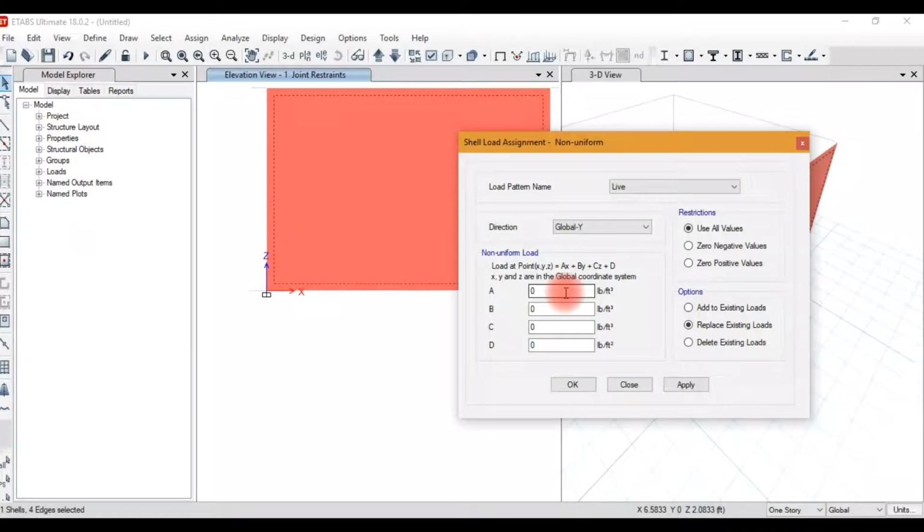We change the load magnitude only in the z direction. So here remains cz plus d. At the base, z is equal to 0, so cz becomes 0 and d is equal to 1000.